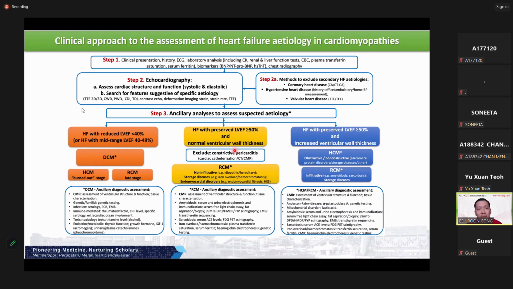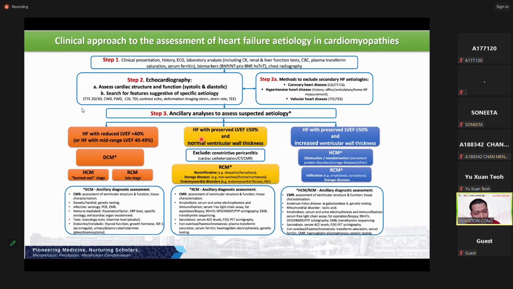So for cardiomyopathy, these are the approaches to assess when you have a patient presenting with heart failure. You need to think of which group they are in, whether they are less than 40, more than 50, or whether it's a normal wall thickness or increased wall thickness. And then the common things that we need are your echo and MRI. These are the two important things that you need to give you some clues to what the cause is. And then for those that have an infective cause, you need to send the infective workup